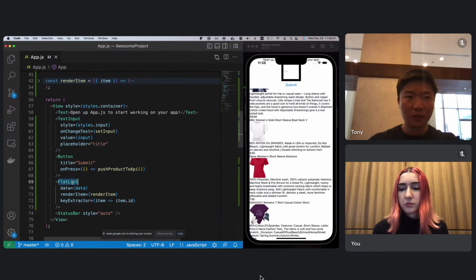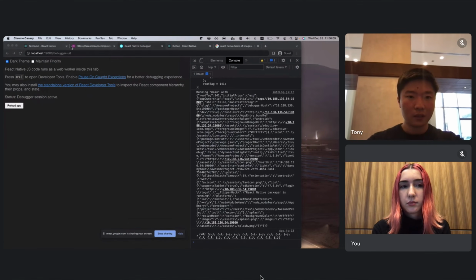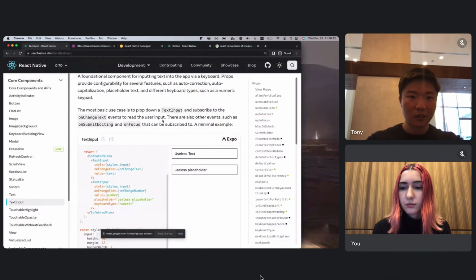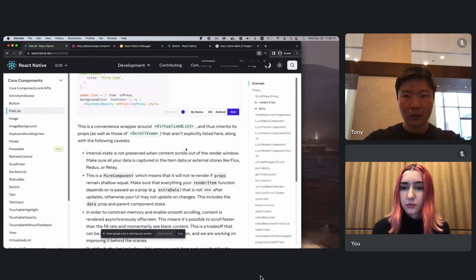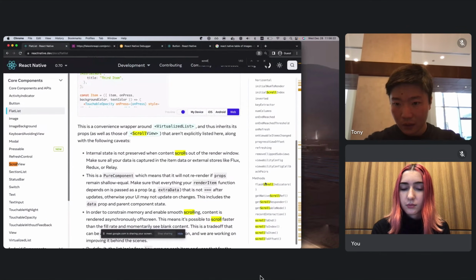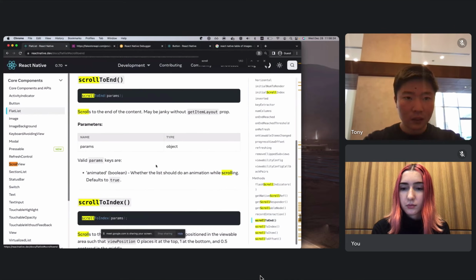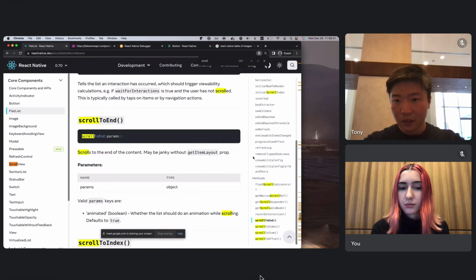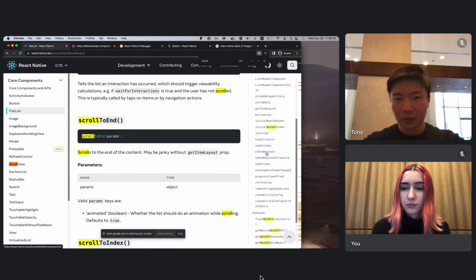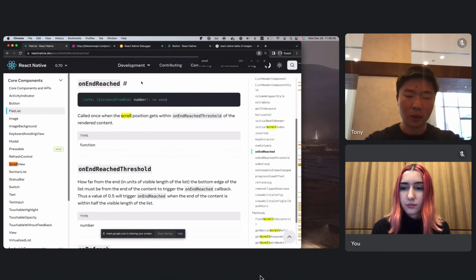So to answer the second part of the question, let's just look through the documentation. One of the properties for FlatList is continuous scroll. Actually, these are the more appropriate fields to look into: onEndReached.